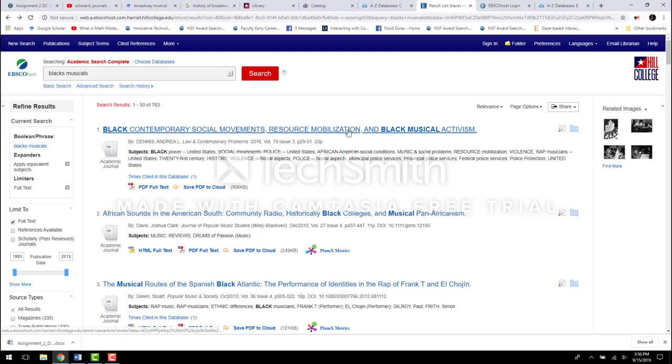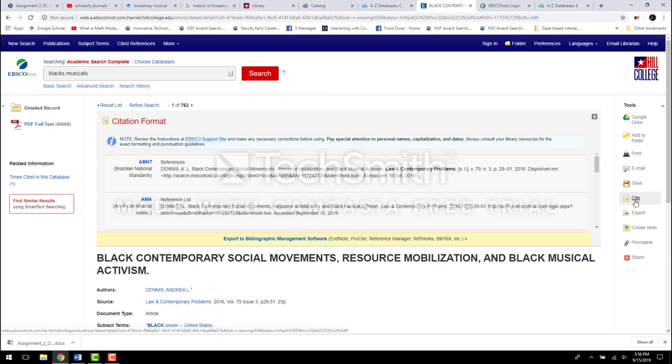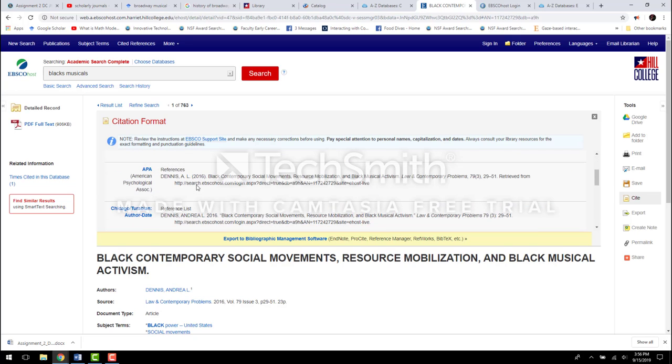But I wanted to show you, regardless of what you pick, how to do the thing he showed in the video of putting this in your paper. So you go into the article, and over here on the right hand side where it says Cite, you click Cite, and it doesn't have APA first, so you have to scroll down a little to APA. Then you highlight the APA reference, and you can either hit Control C, which is what I usually do, that copies it, or you can right click and then click Copy,